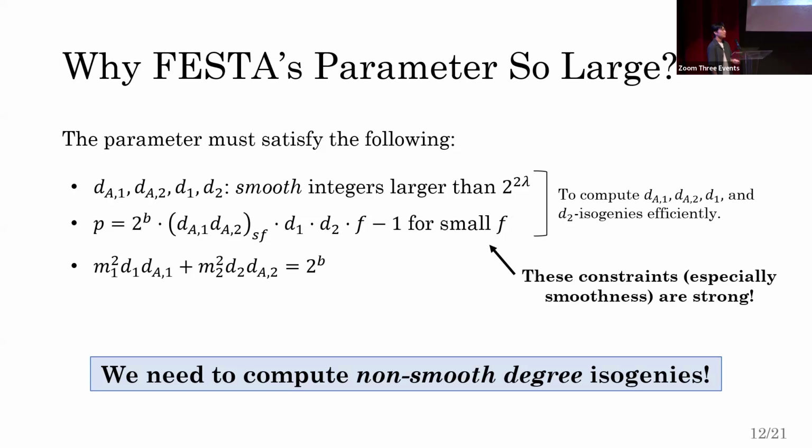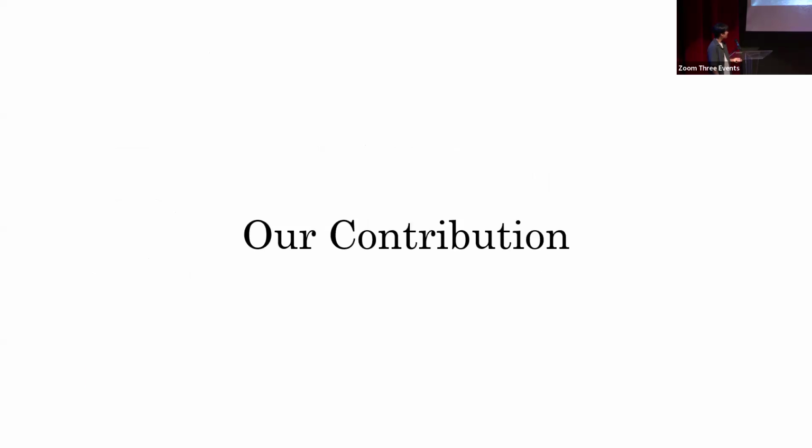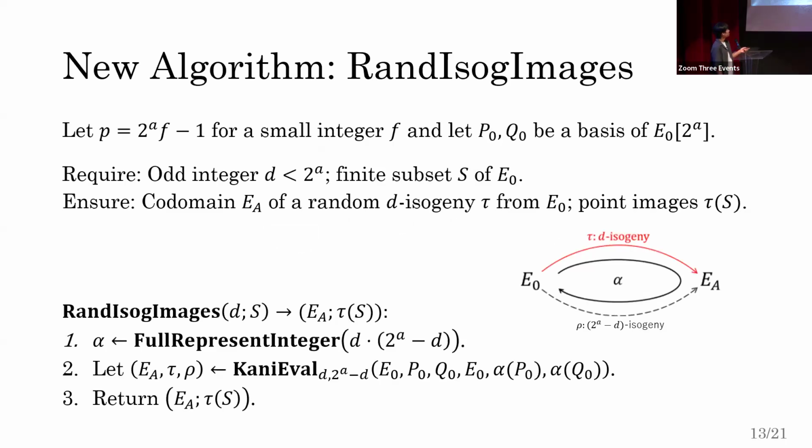without using the formula. So now, first, we made a new algorithm named random isogeny image that computes. So from now on, let's see the assignment before and see the realization steps of the algorithm. This algorithm takes as input an integer b smaller than 2 to the a and its factorization. This outputs the full domain of the random b isogeny and the